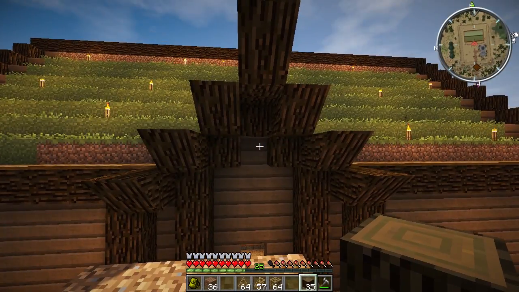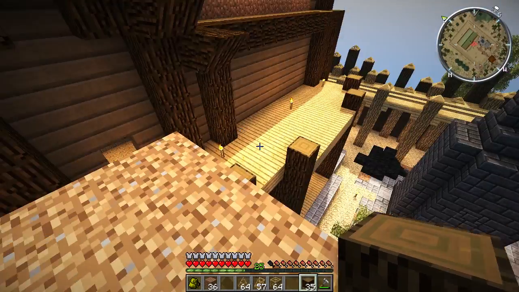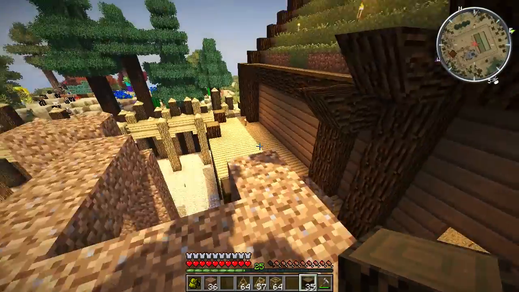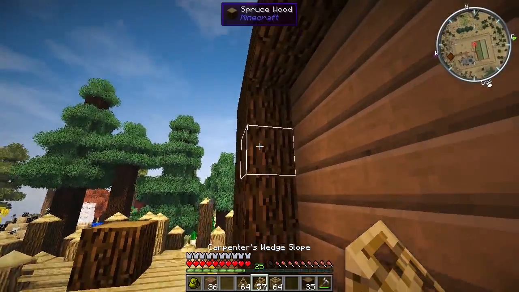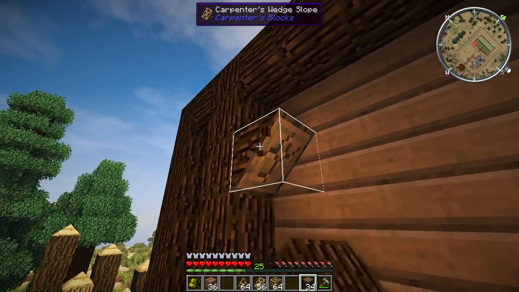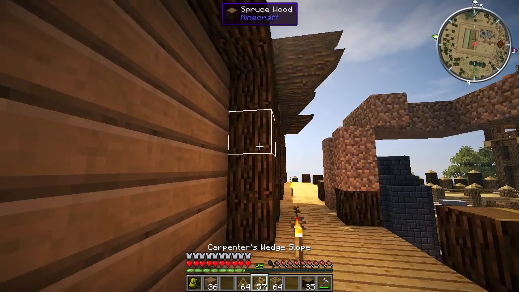But I like this design. Like that's the design that I want. If only I could have that, the little circles on the outside right here. As you can see, watch this. I'll jump over here, I'll place that down like that, and that's what I want. As you can see, that's exactly what I want, but I cannot for the life of me get it to